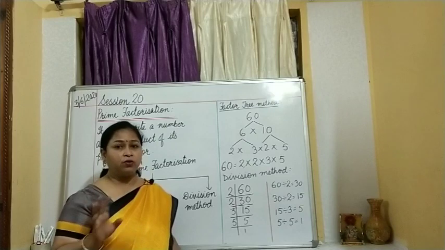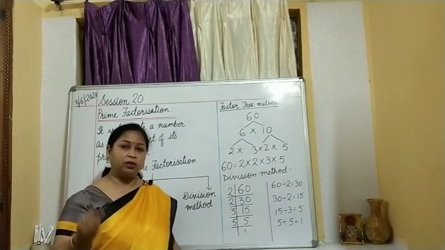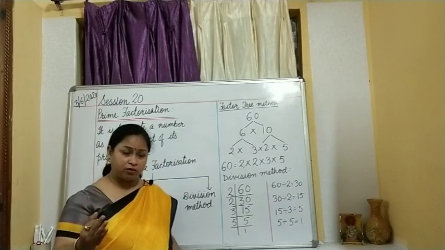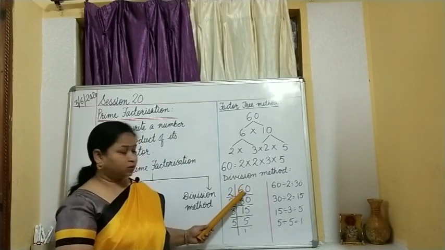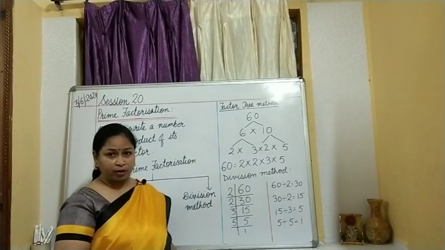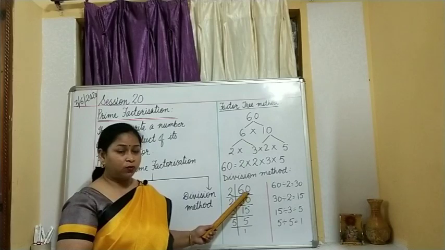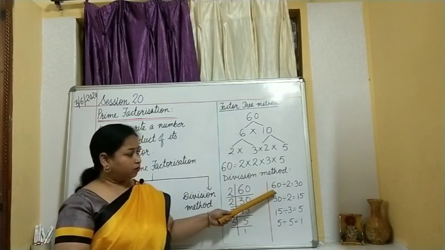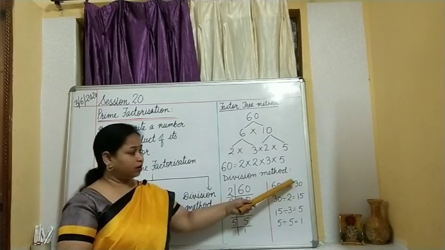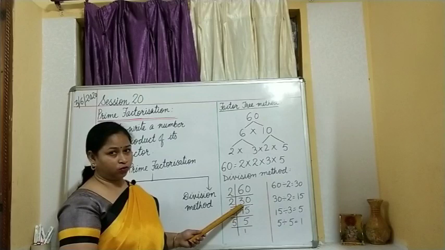So whatever you have learned in the first period, that is divisibility rule, then prime numbers, factors, all we are going to use it now. Okay. So 60, 2 is the smallest prime factor. Okay. Is this 60 divisible by 2? Yes, because 0 is present at one's place. So divide this 60 by 2, you will get 30. So 60 divided by 2, you will get 30 over here.